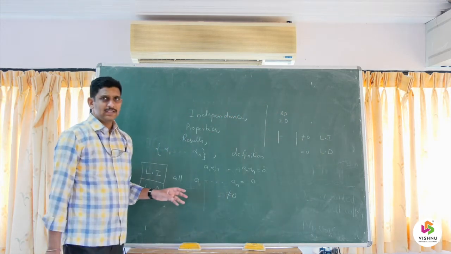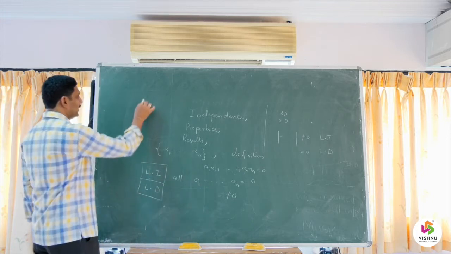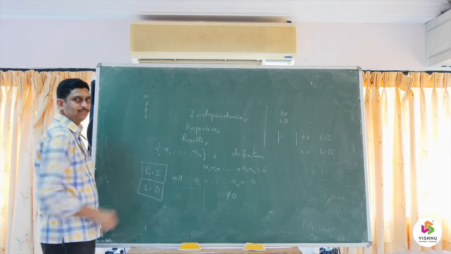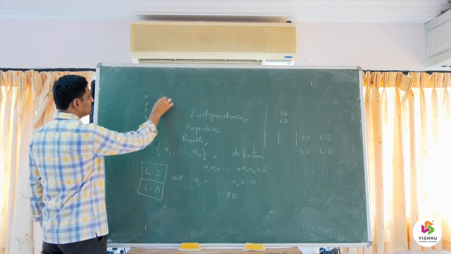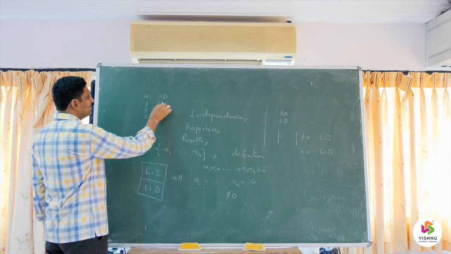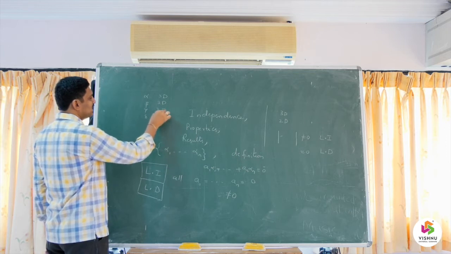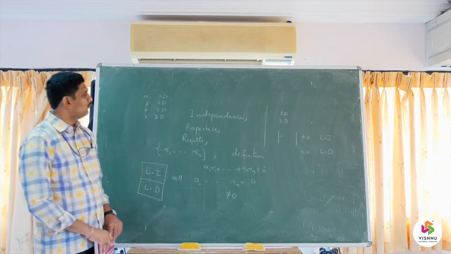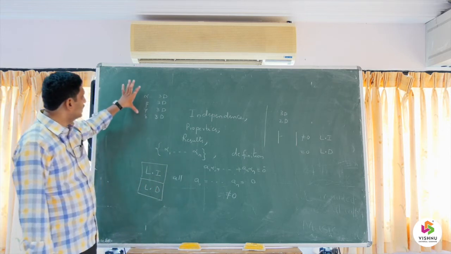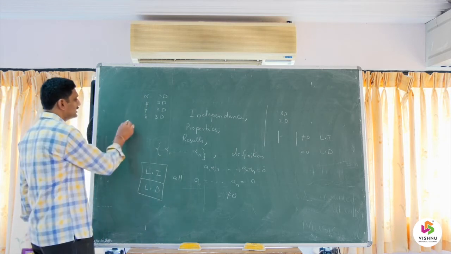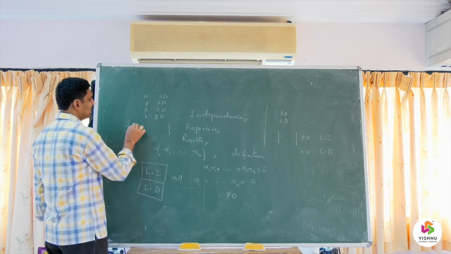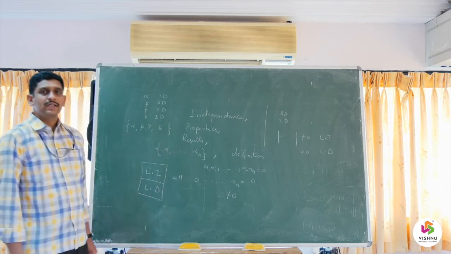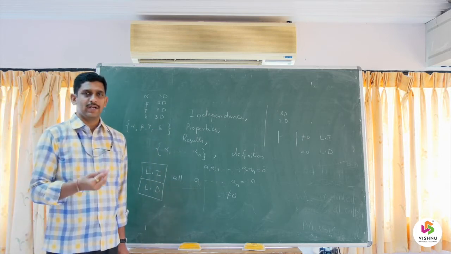The problem here is, suppose I have taken 4 vectors alpha, beta, gamma and delta. All are 3D vectors. So, alpha is a 3D vector, beta is a 3D vector, gamma is a 3D vector and delta is a 3D vector. Now, if we want to verify whether, considering all the 4 vectors in a single set, alpha, beta, gamma and delta, it is linearly independent or dependent,